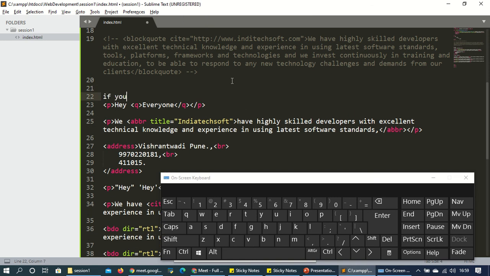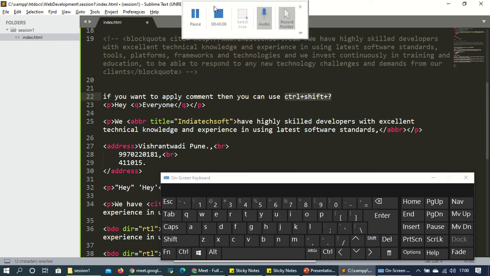If you want to apply a comment, then you can use Ctrl plus Shift plus this one. This one you can use for comment.